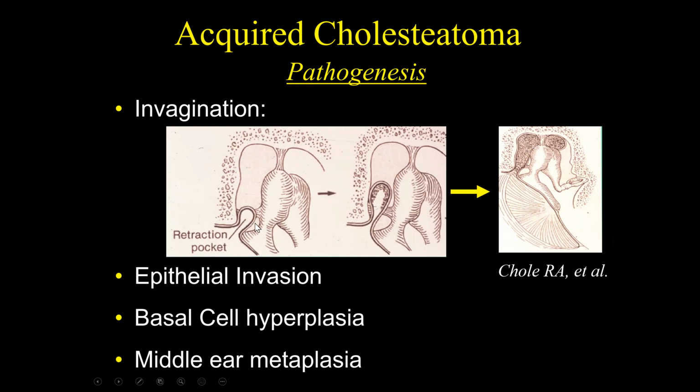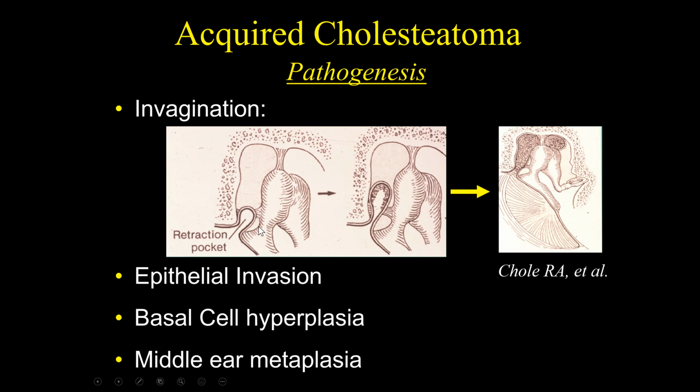So an acquired cholesteatoma has different pathogenesis, but in general, what we most commonly use, and what I most commonly use, is this invagination theory. In this particular case, the invagination theory is that we normally have communication between the back of the pharynx and the middle ear cavity. If there's obstruction in that eustachian tube, in that communication, instead of the air pressure coming out, it starts to